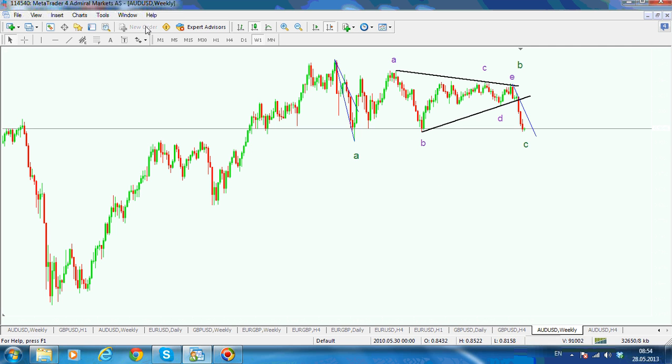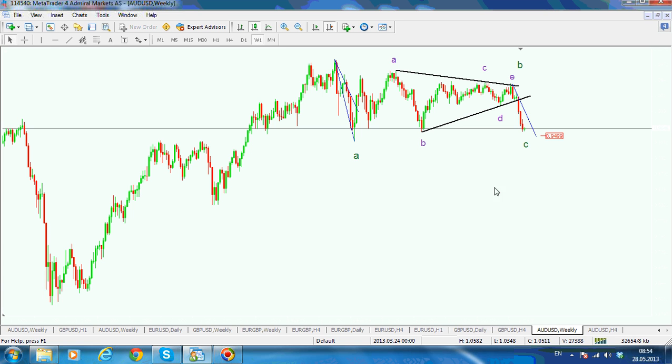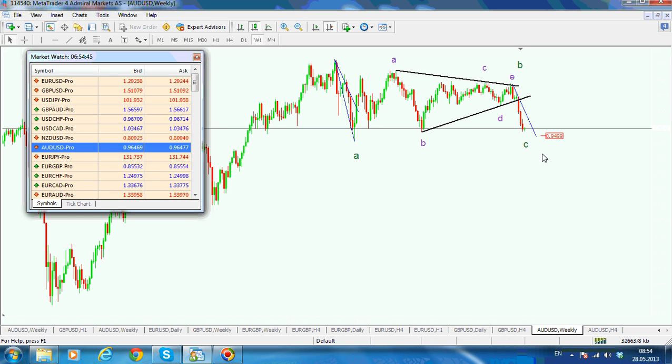Here you go, you have a possible length for the first target for the move to the downside, which should be 0.9499 to 0.95. Price now on Aussie is 0.9646,